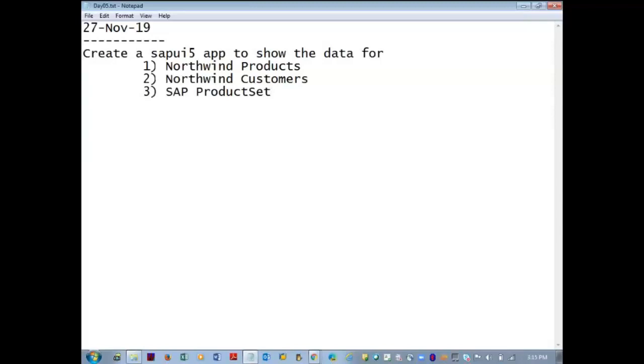Two entities from one service and one entity from a different service. So we are trying to connect two different OData services using a table control within a panel control.